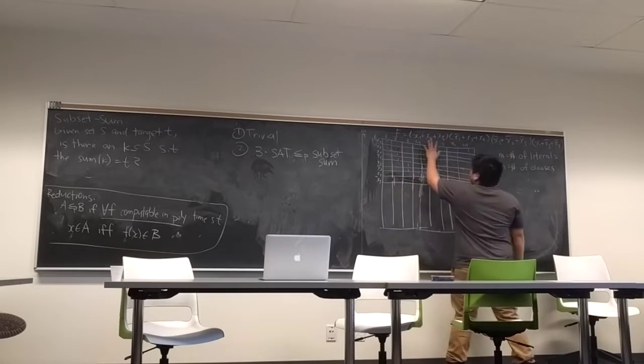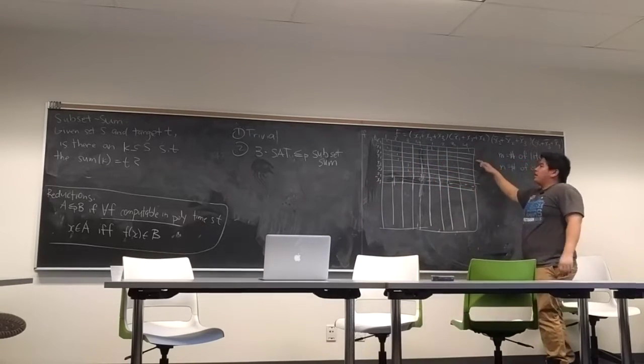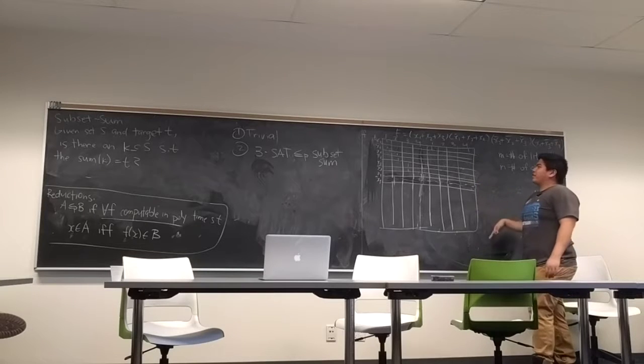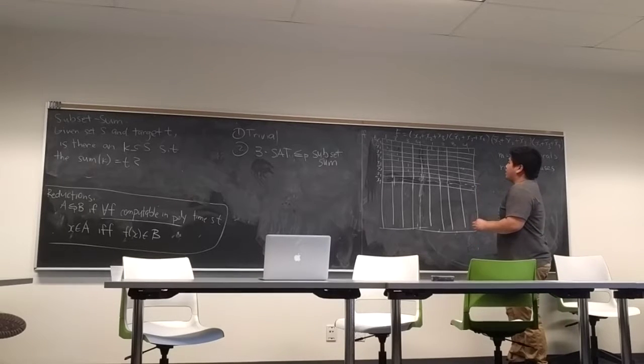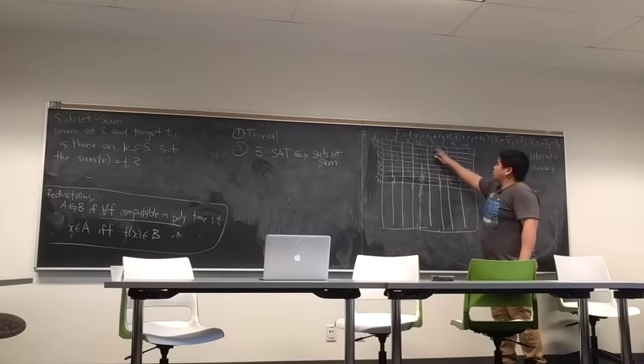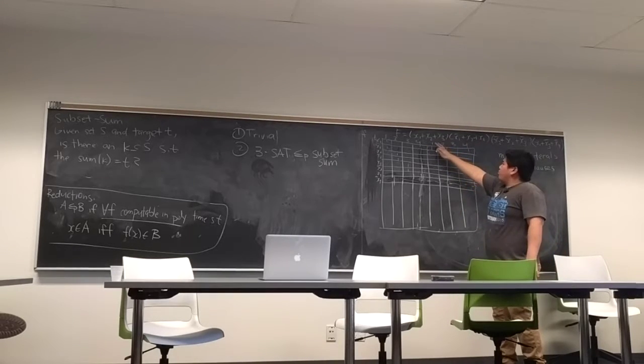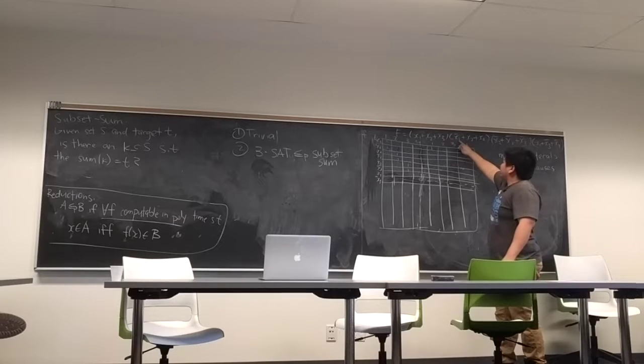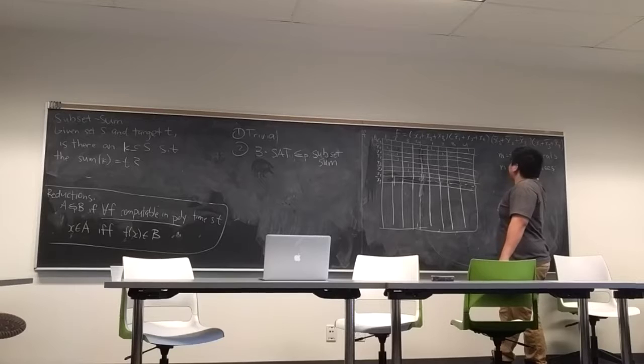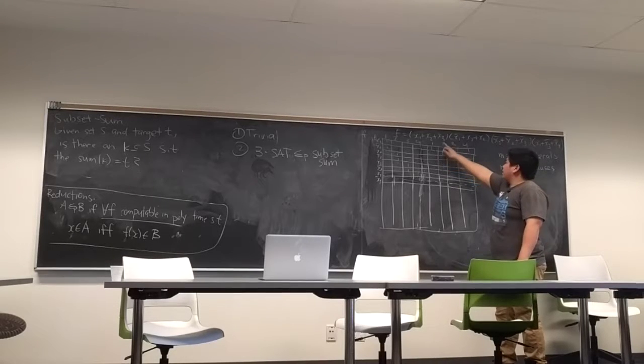And then same thing for x1 bar, x2 bar, x3 bar, x4, etc. So you fill out the table. So x1 bar will be in clause 2, and that's it. x2 will be in clause 1, and